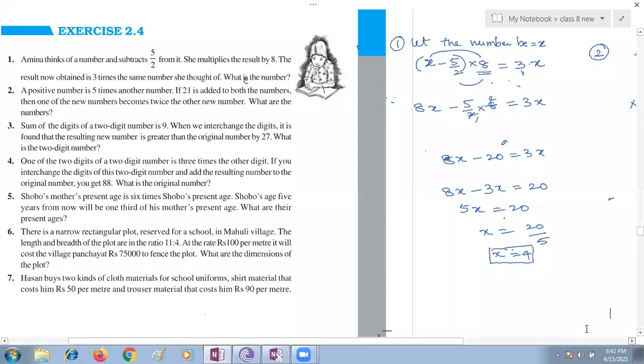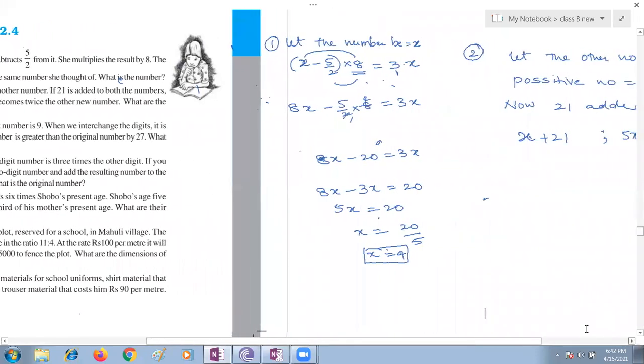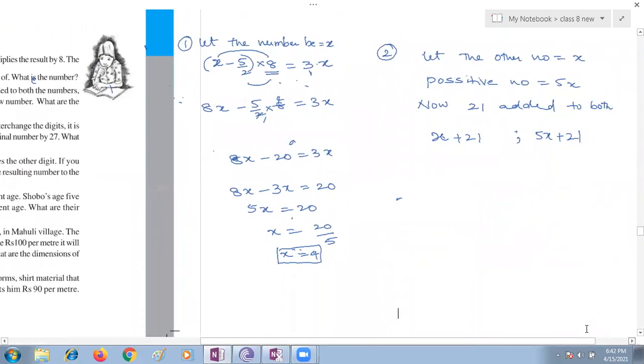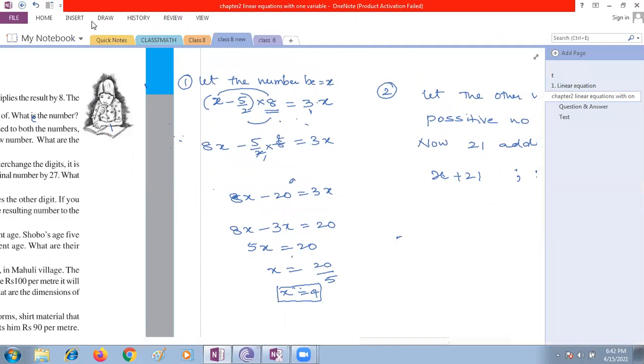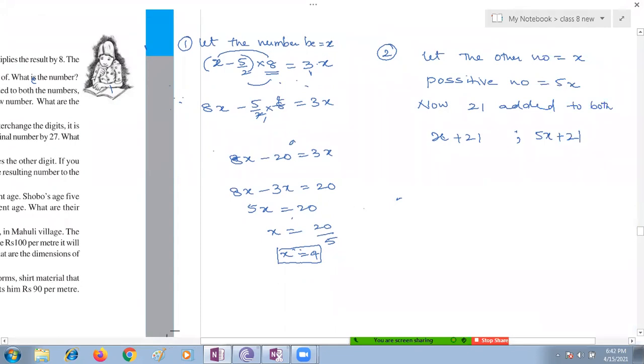Ma'am, can we write like this? 5x plus 21 is equal to 2 into x plus 21. Yes. Ma'am, I wrote it like that, and I got x is equal to 7. Very good. See, children, one number is twice the other. Whatever the new numbers formed, let me take 5x plus 21 is equal to twice the other,